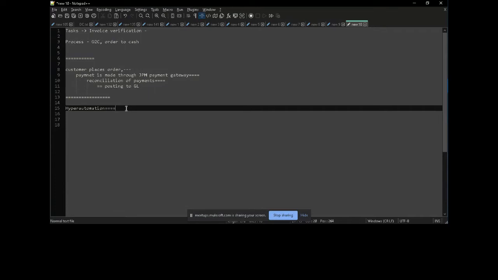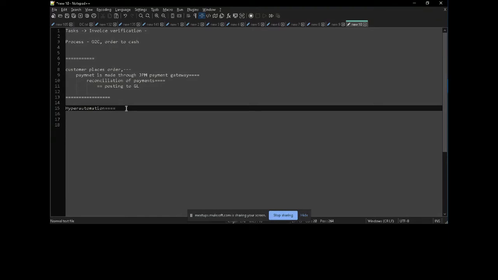Any questions? This is a very important concept of hyper automation. And like, Shiva, like the customer, like employee onboarding can also be automated, right? Yes, nowadays it's pretty much automated. Also, we can add approval stages in between, right? Yeah, I'll talk about that in between, about the process when I design that.